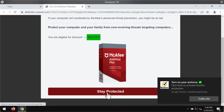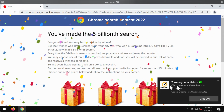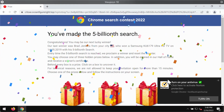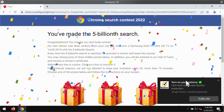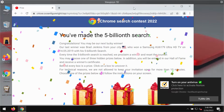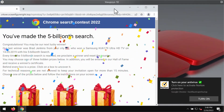So do not click on this Stay Protected button or any other buttons. You may simply be brought to some other shady sites. Also, because of the Allow button being clicked, you may start getting a great multitude of ads in the form of permanent push notifications. If you have clicked on that Allow button by mistake,